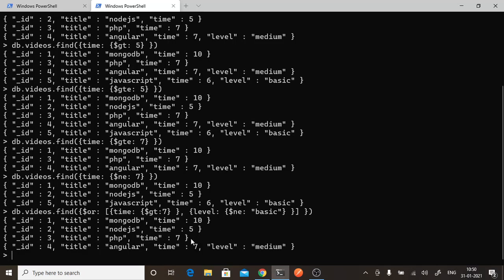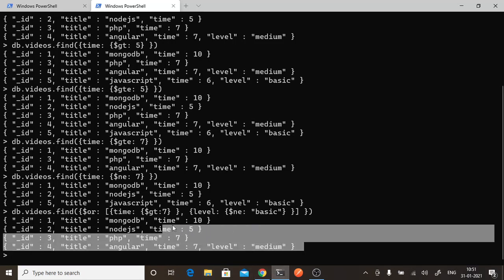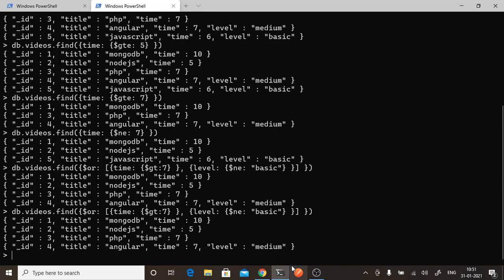We are getting these records because in these records, 5 and 7, though time is not greater than 7, the level is not there. The level field itself is not there. Not equal to basic means it's not there. Obviously, if the field is not there, that means it is not equal to basic. That's why we are getting these three records, sorry. And the first one we are getting because time is greater than 7. So the $or operator is used when any one condition is met and you want to get the records.